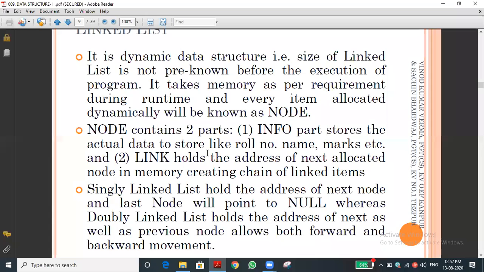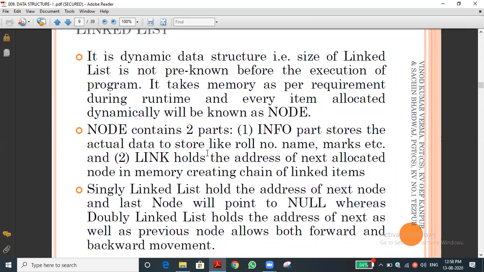For a doubly linked list, the link part of the node stores both memory locations. For example, A of 0 holds the previous element. Is there any previous element for A of 0? No, sir. Then it will store null.